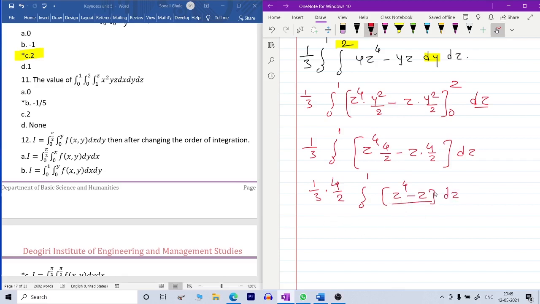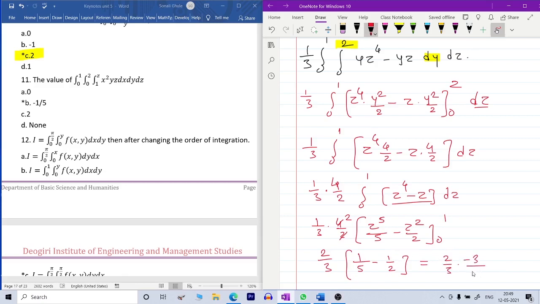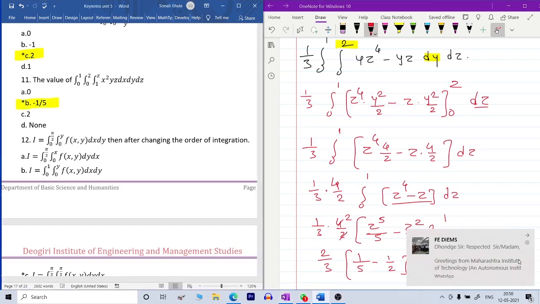Okay, तो अभी हम लोगों को यहाँ पर इंटीग्रेशन विद रिस्पेक्ट टू z लेना होगा, so that is 1/3 into 4/2 integration z raised to 5 upon 5 minus z² upon 2 limit from 0 to 1, 2 2s are 4, so ये हो जाएगा 2/3. अब लोअर लिमिट वैसे भी यूज करनी नहीं, आंसर 0 होगा, तो अपर लिमिट के लिए हमें आंसर मिलेगा 1/5 minus 1/2. So doing a cross multiplication, 2 minus 5, it is 2/3 into minus 3/10. तो ये 3 कैंसिल हो जाएगा, तो ये -1/5 यहाँ पर आंसर आएगा. So as you can see, this is your correct option.